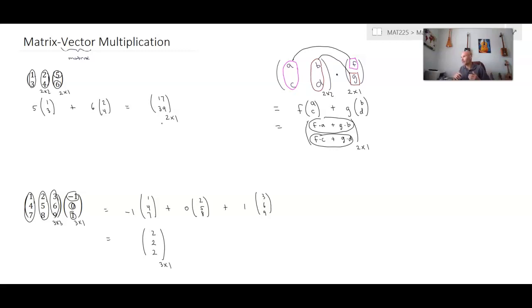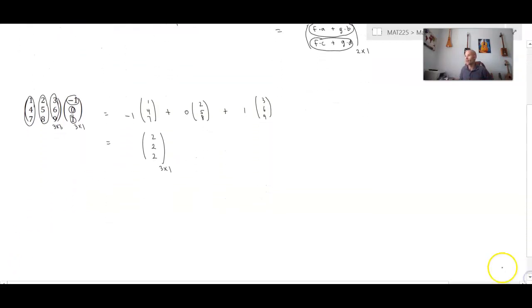In addition to having real-world applications, this will allow us to represent a system of equations in a slightly different way. So let's go ahead and see how that might work. Let's apply this to a system. So we'll just say writing